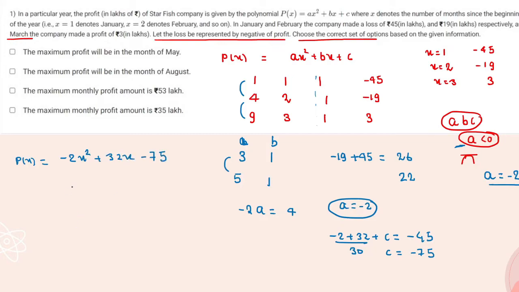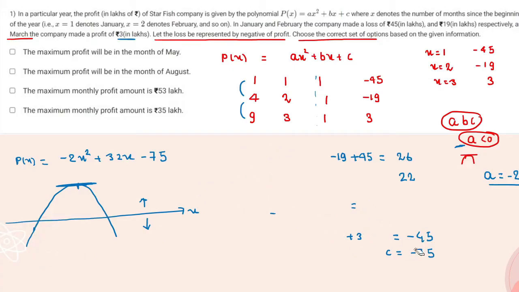Basically this graph will be a downward facing parabola, and since there is 3 lakhs which is above the x-axis and 2 points that are below the x-axis, it will cut the x-axis at 2 points. We have to find for what value of x this will achieve maxima and what that value will be. For it we will use very basic calculus here. Let me erase here.